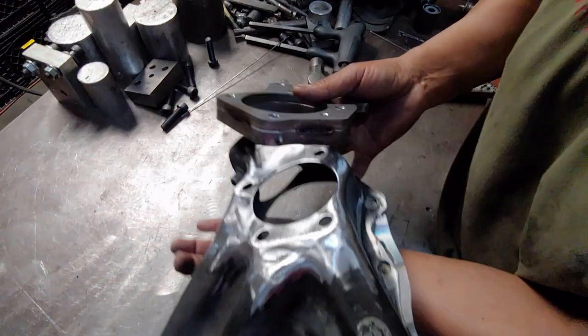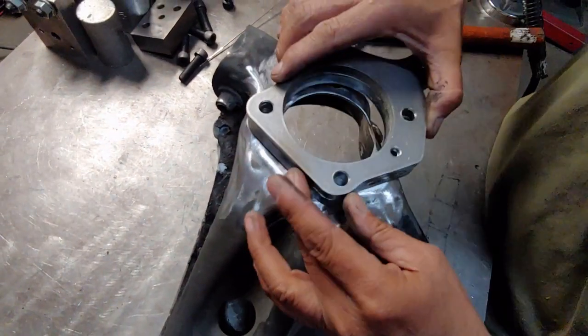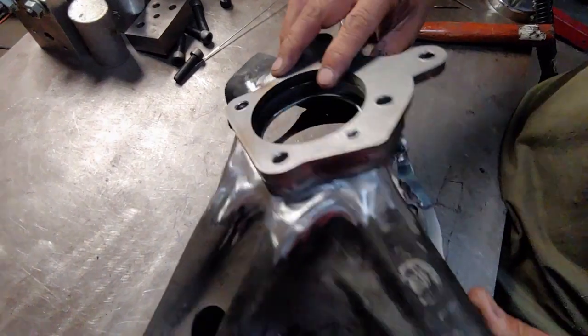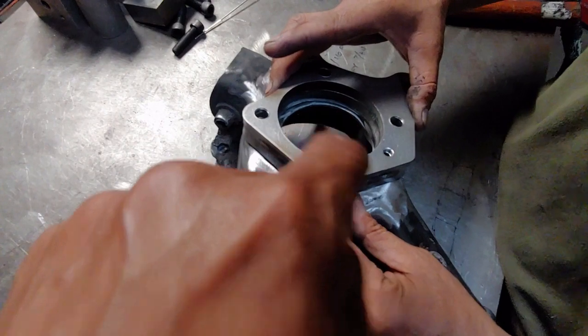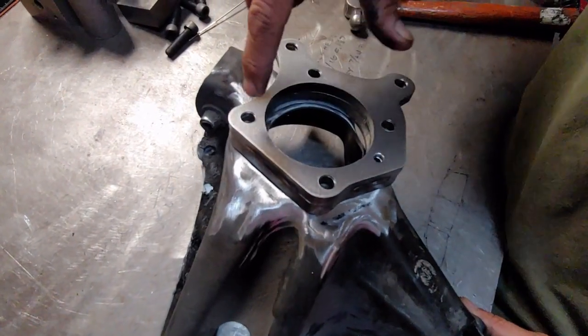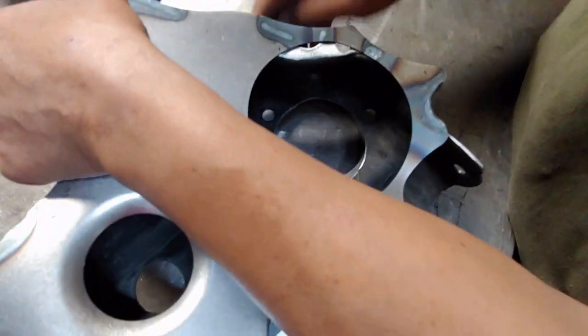So as you can see, this ear right here, it's going to be on top. You're going to weld it this way. That's it. That's how you're going to do it. So you line up. Yep. So what you're going to line up is this hole and then this hole. And so we're going to flip it back. As you can see,